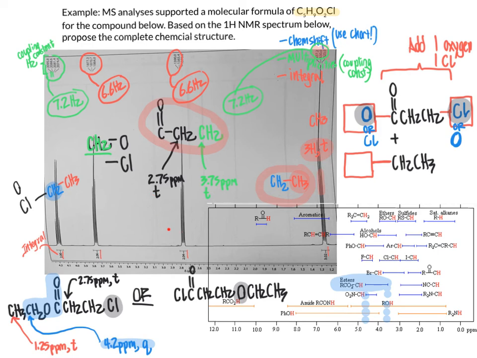That signal right here was what we came up with earlier for that, and that still makes sense, because it is a triplet since it has 2 vicinal hydrogens that are equivalent to one another. And also 2.75 makes sense because as we look at our chart here and at that 2.75 region, we are really nicely in line with the situation where we have a carbon hydrogen bond that is adjacent to a carbonyl group. So that's going to work out very nicely there and make sense for our 2.75 ppm